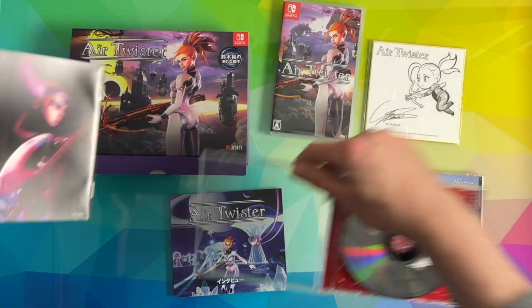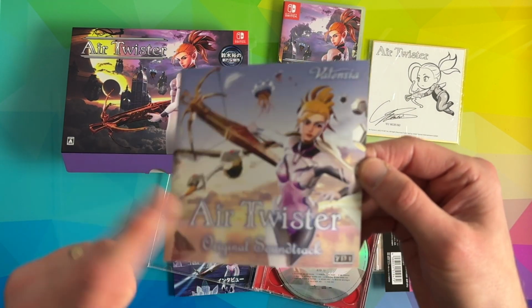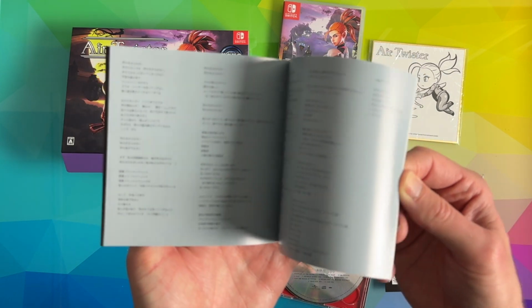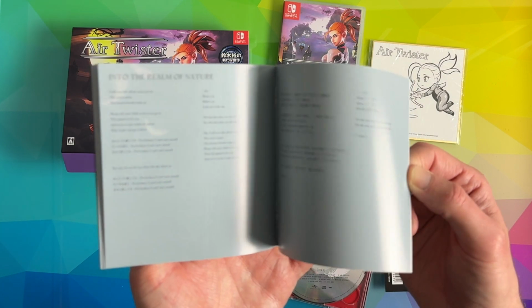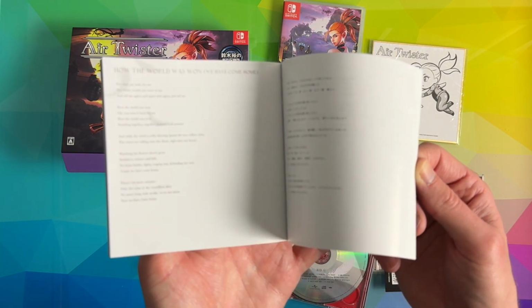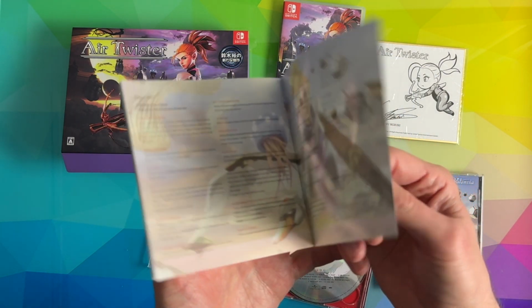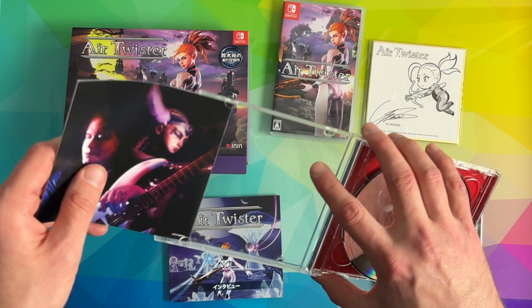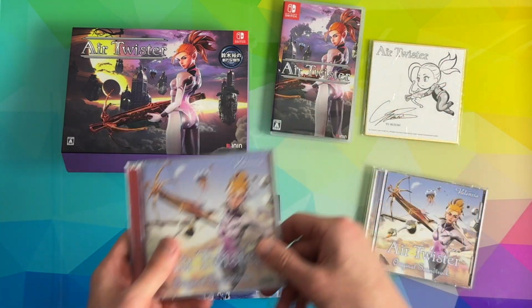This one actually comes with a booklet. This is not the version included here, in case you're confused. This was last year's version. It's got a booklet that's got a little bit about Wheel Entry, I think, on that first page, and then all of the songs and all of the lyrics, because obviously all the songs are vocal, sort of like Queen, aren't they? Queen-esque, Valencia. So if you've ever wanted all of the lyrics for all of the songs, this is the soundtrack to pick up, because the one that's included with the collector's edition, as you'll see in a second,